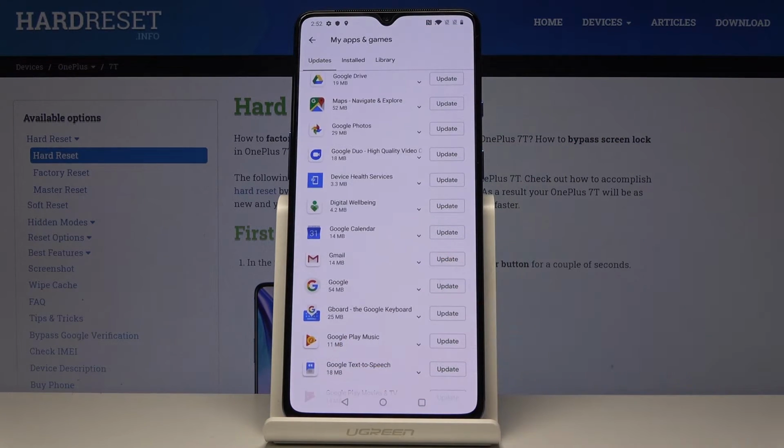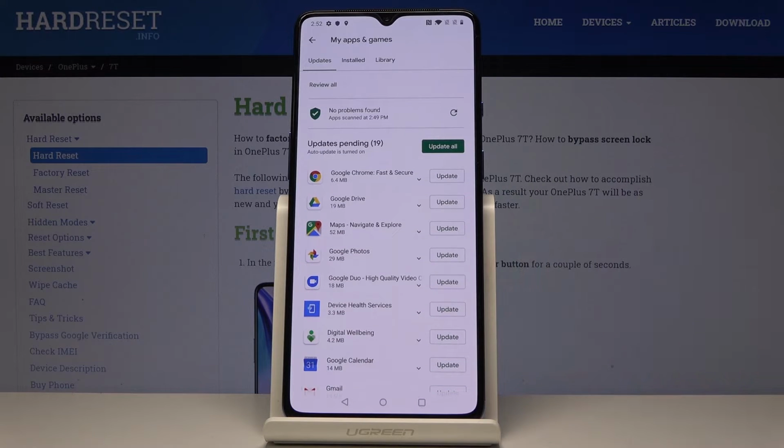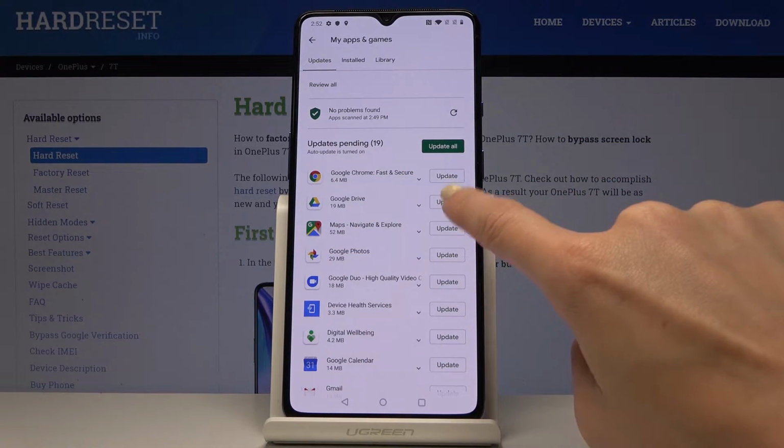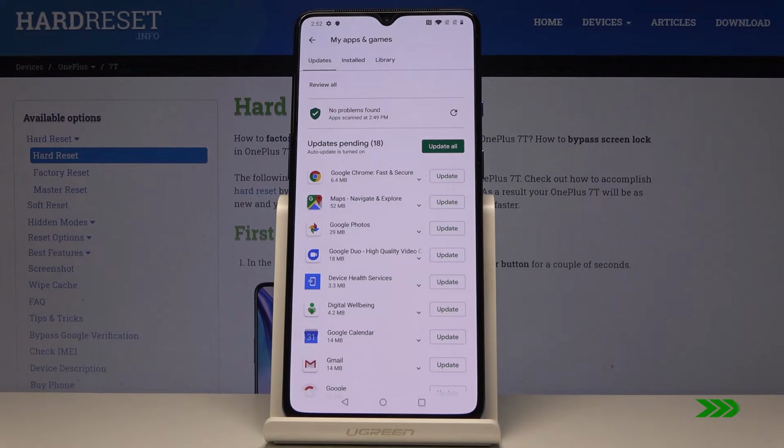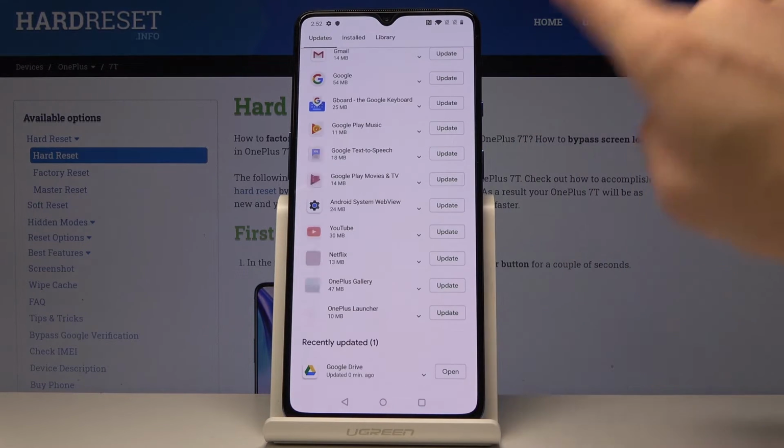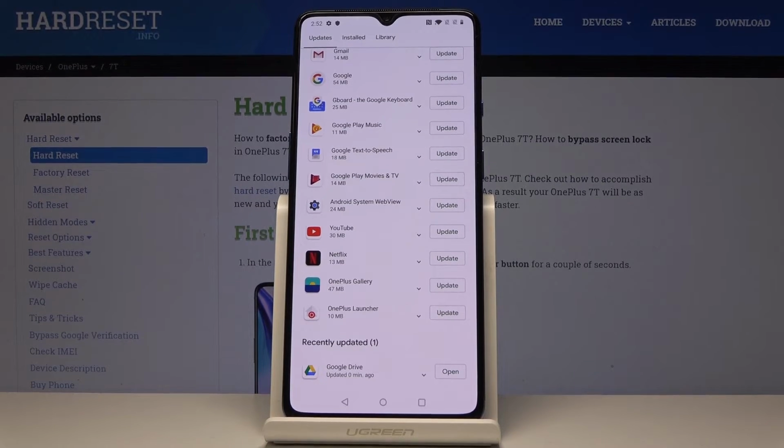can be updated. And you can either update one application, for example Google Drive, just click on it, and then the latest version will be downloaded and then installed. Just give it a couple of seconds. And that's it. As you can see, now at the bottom of the list, you can find it under Recently